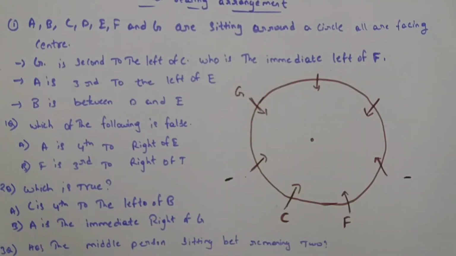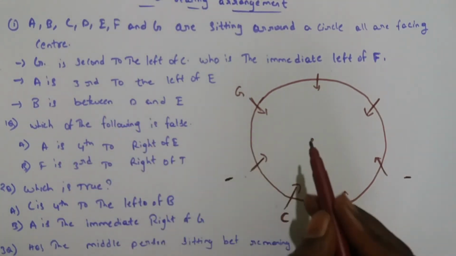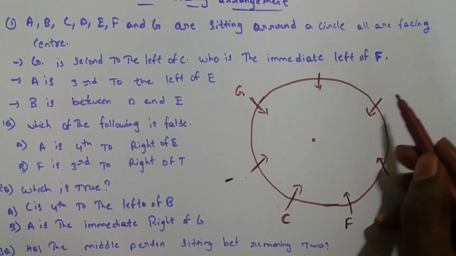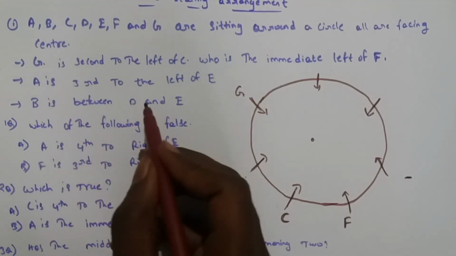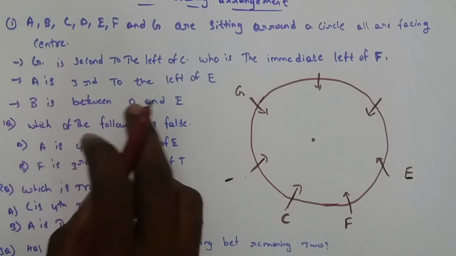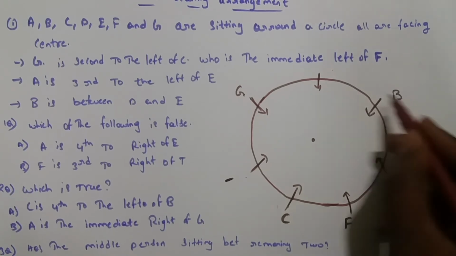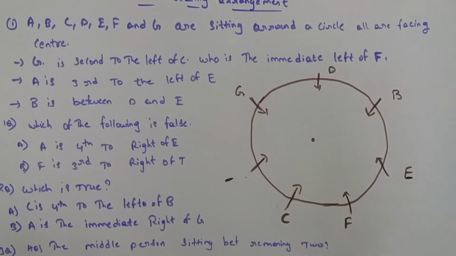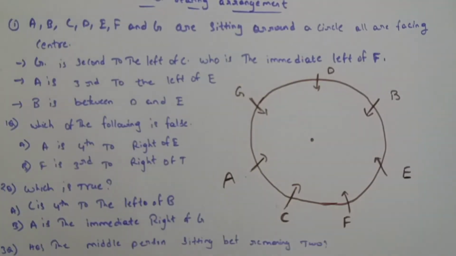Now the second option here is B is between D and E. Here B is between D and E means, if we take it here, C and G are there, so we can't take it. So we take E here and see here B is between D and E. What is the remaining value here? We get all the 6 values. Now the remaining value here is A, so we get the value here is A. In this way we can find the